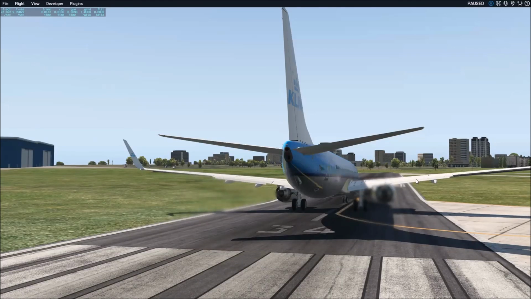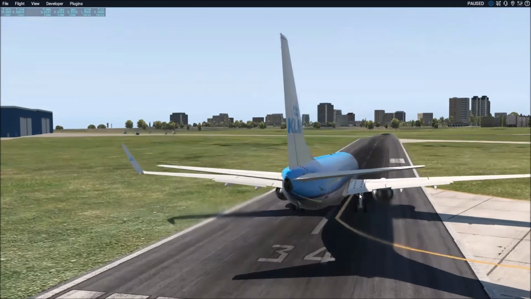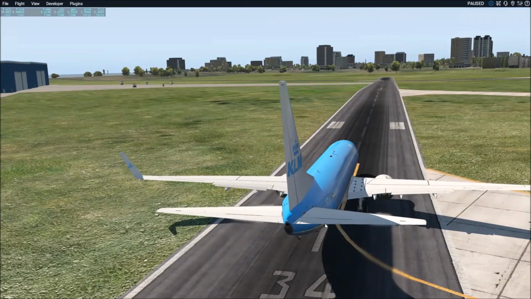I had to put the sim back on to show them actuated. What you're seeing is the aileron here, which is turning the plane left or right. These are the flaps, which we have discussed. This is the rudder.